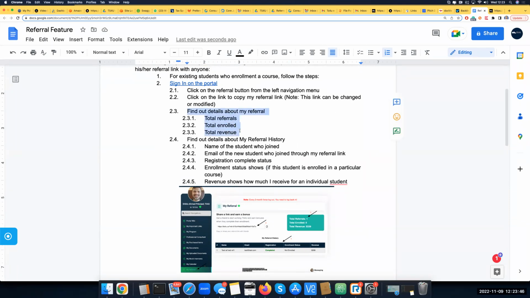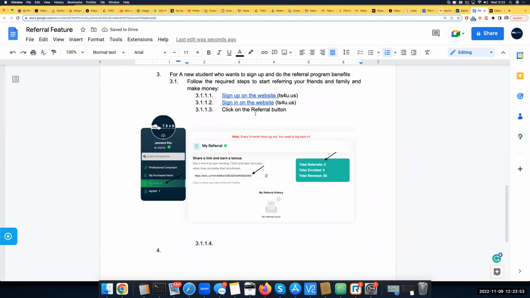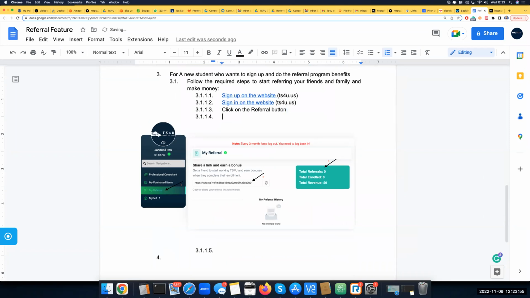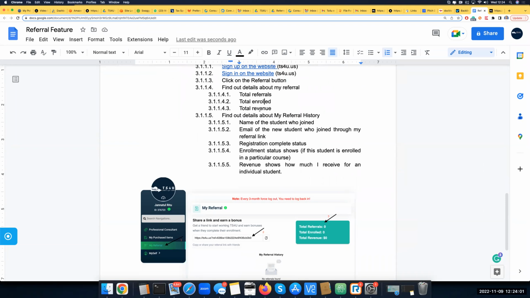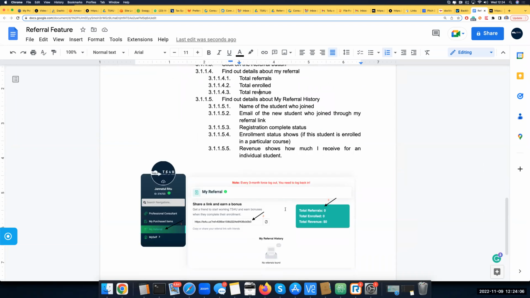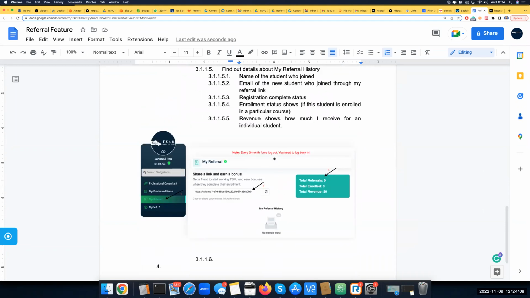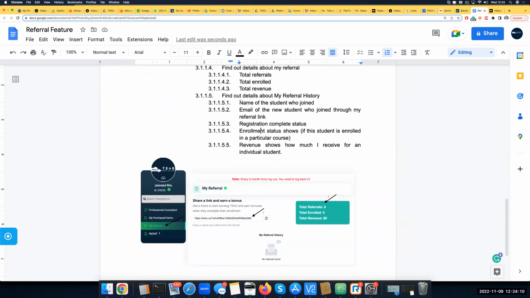Find out my referral details. I'm just copying all of this and putting it here. Okay. And find out details, referral button, total referrals, total enrolled, and the details about my referral history. There is no history because of referral history, name of the student,